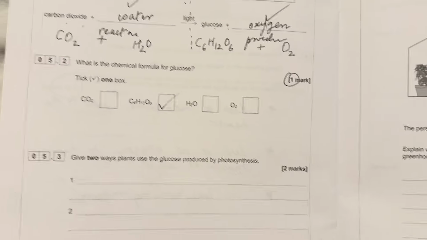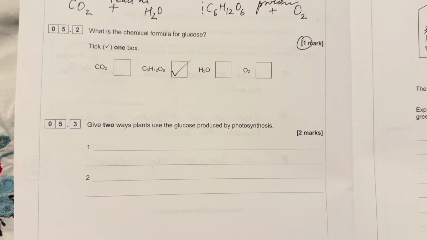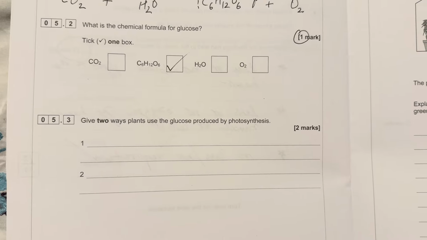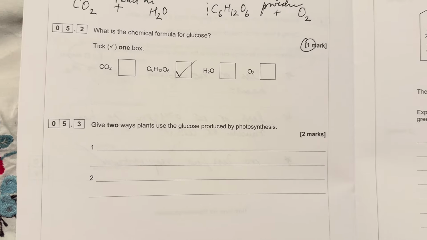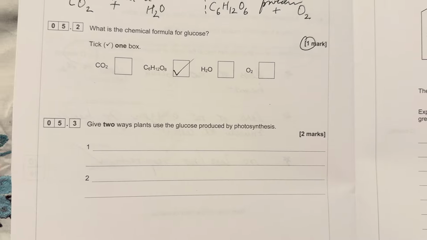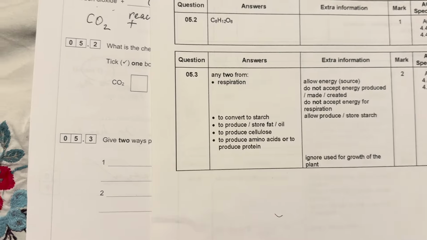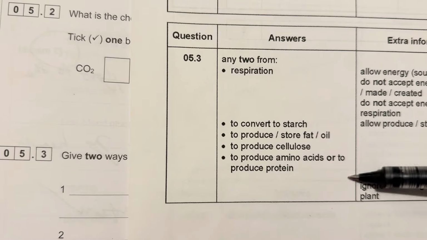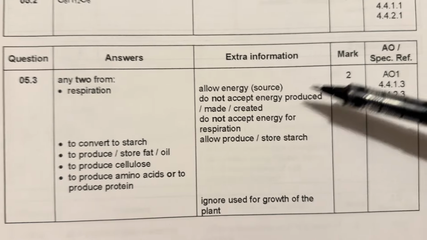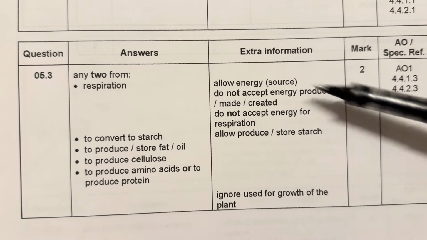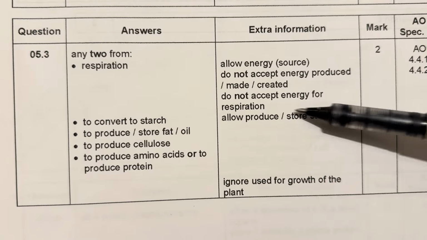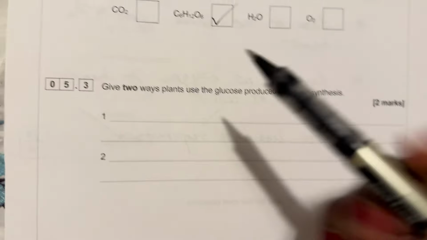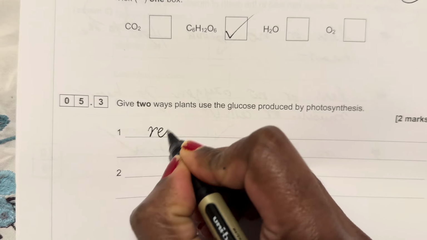Okay, right, next question. Give 2 ways plants use the glucose produced by photosynthesis. So there are at least 5 ways the plants can use the glucose. So it could be any of these, okay, but you can't say energy is produced or created, not any of those. Okay, you have to say the plants need the glucose for respiration,